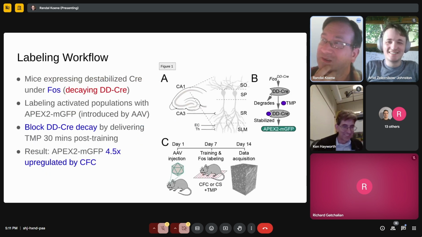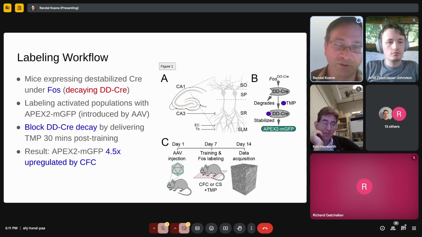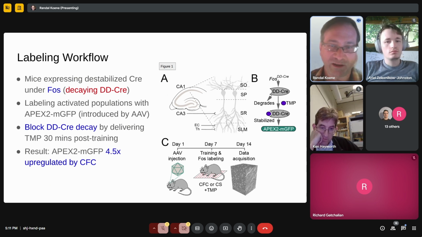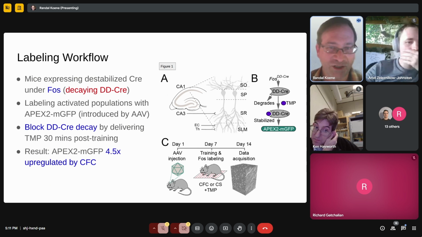All right, so first of all, let's talk a bit about the workflow, and this is their labeling workflow. For image sampling from multiple animals, they focused on the stratum radiatum area of Schaffer collaterals into CA1, and they devised a workflow for irreversible labeling of transiently activated populations with a genetically encoded engineered peroxidase, Apex2 MGFP. This plasma membrane anchored EM-compatible marker was introduced with the Cre recombinase inducible adeno-associated virus,